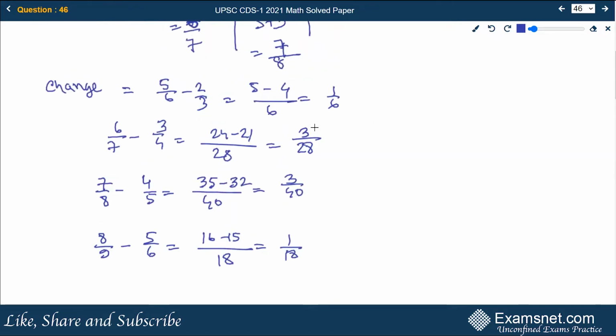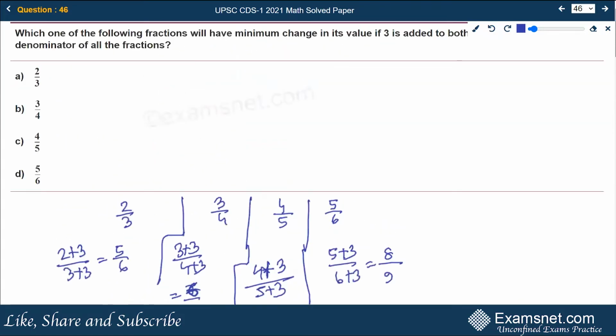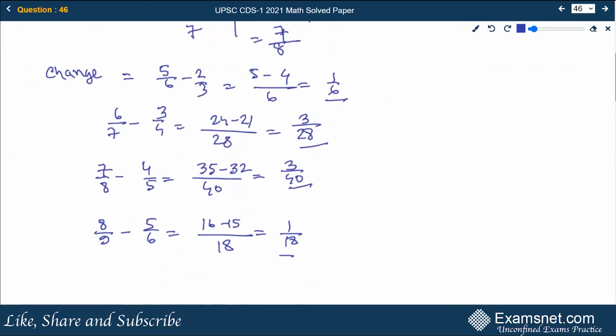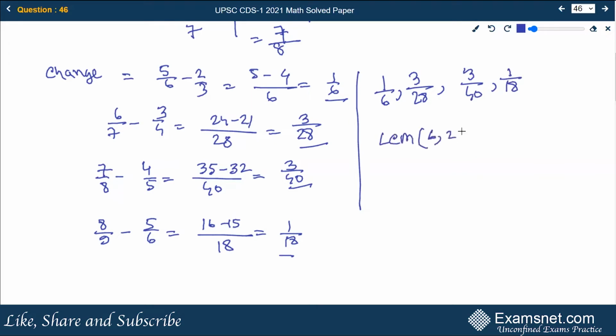Now we have to compare all of these change values to come to the conclusion which one is the smallest here. That will be the minimum change. So let's compare all these fractions: 1 by 6, 3 by 28, 3 by 40, and 1 by 18. So the LCM of 6, 28, 40, and 18 will be